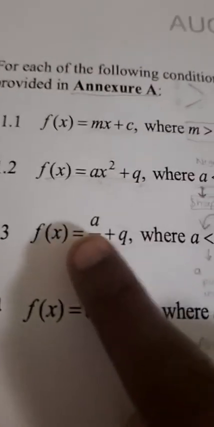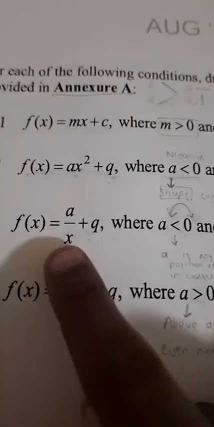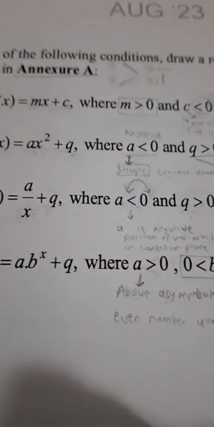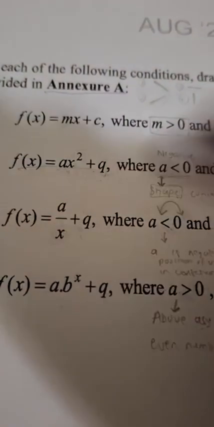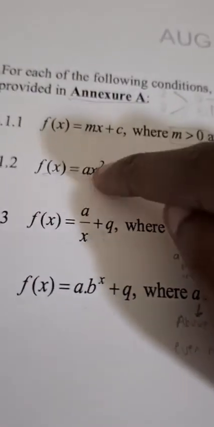Then f of x is equal to a over x plus 2. This is a hyperbola function. So our mindset completely changes when we see this. People, please don't confuse these guys, because if you confuse one of these 4 functions and you think it's something that it's not,